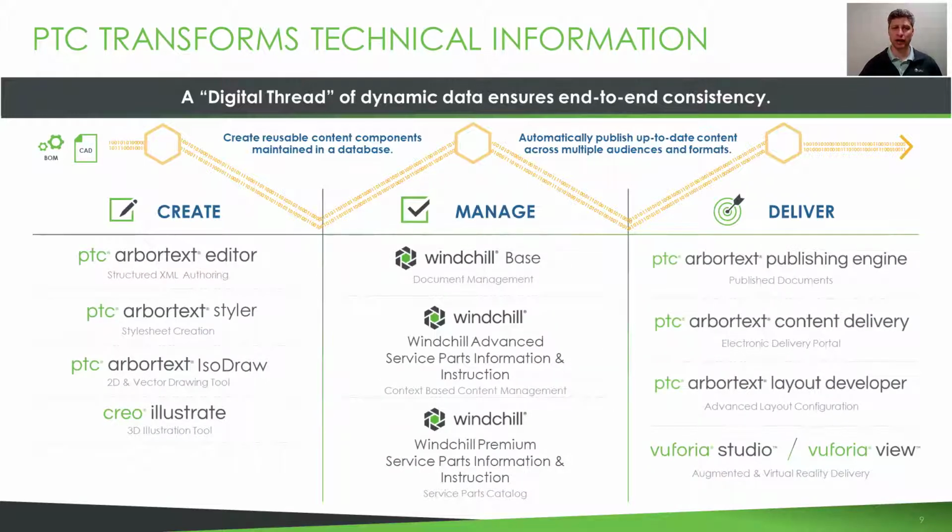The last slide I have here is the same overview of the creation, management, delivery that just shows some of our product names that would fit within these categories. The solution would encompass multiple roles and multiple tool sets and can be paired to your specific needs in terms of strictly documentation, or just looking for illustration management, or you only need to create parts catalogs, or just looking